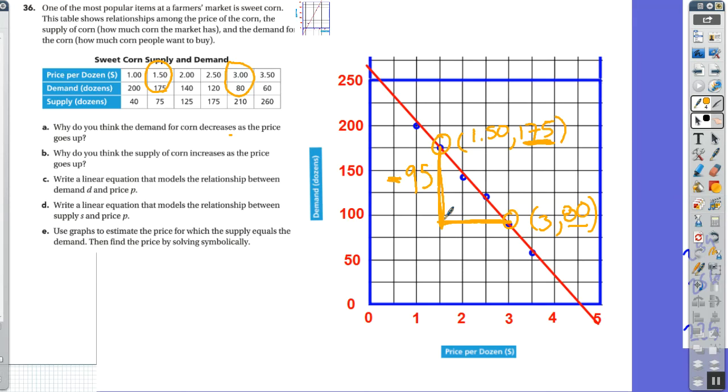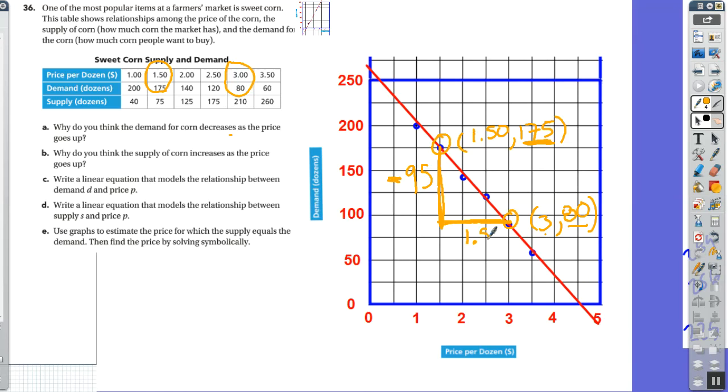Well, again, I could count the boxes. I have 3 boxes, but each box is not worth 1, so I can't just count the boxes. I have to look at where I started and where I ended. If I'm starting at $1.50 and I'm ending at $3, that means I have a horizontal change, or a run,